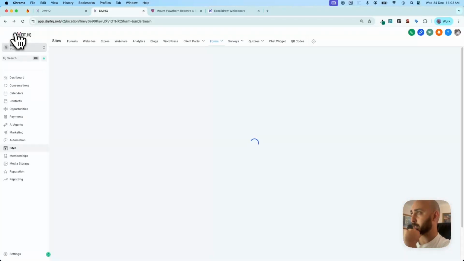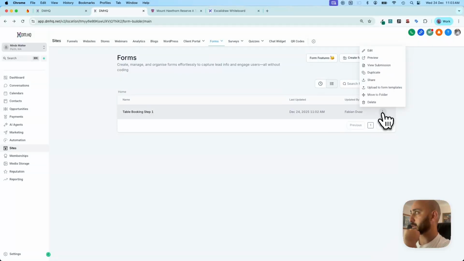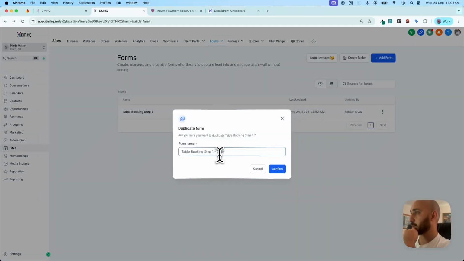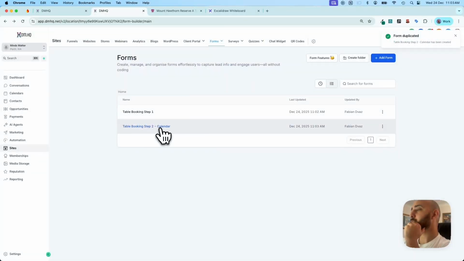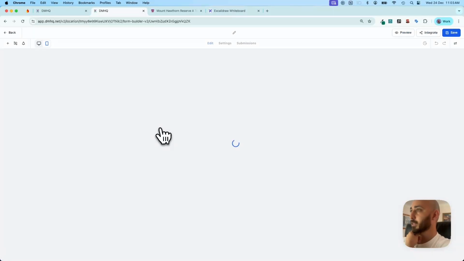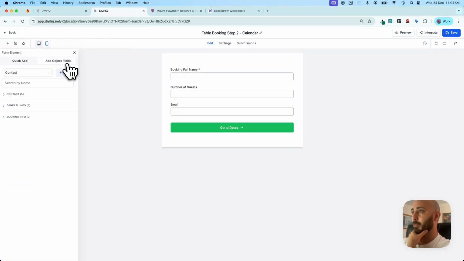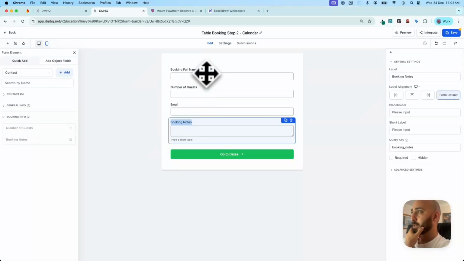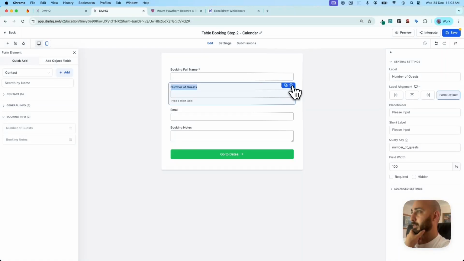The next thing we do is create part 2 of this. So we're going to duplicate it. We're going to call it step 2. And this is for the calendar. And what you'll see here is the exact same, but we're collecting the booking notes. So if they want to add anything about their booking, they can. And what we might do is just do something like